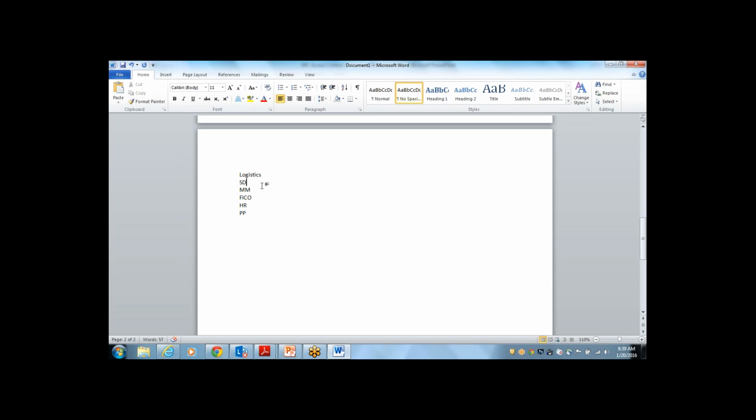In the same way, in finance we also have sub modules: GL, which means general ledger, accounts payable, accounts receivable, banking, and other things. We have HR and PP as well. These are all commonly called logistics. Don't get confused by the different naming conventions. Please make sure you are clear on the business processes and the different naming conventions, because you are going to define SOD rules for each business process separately, for SD, MM, FICO, HR, and the remaining logistics.